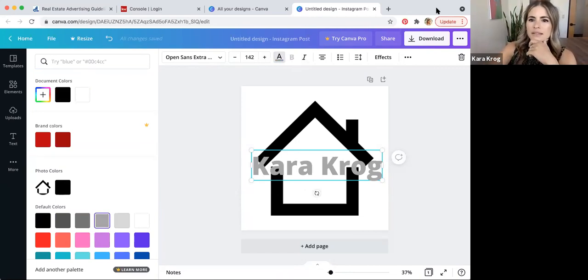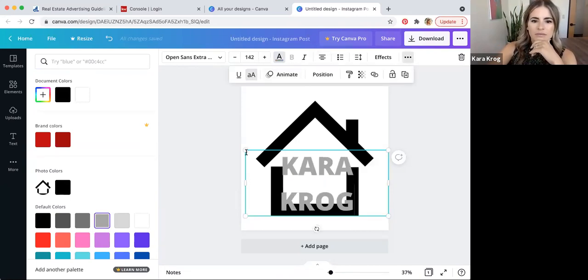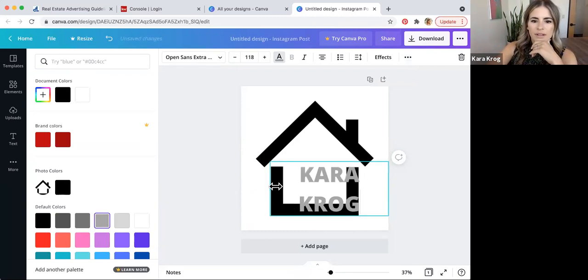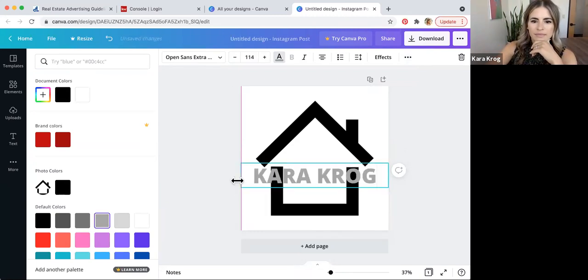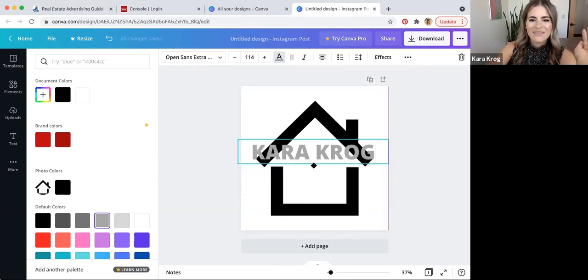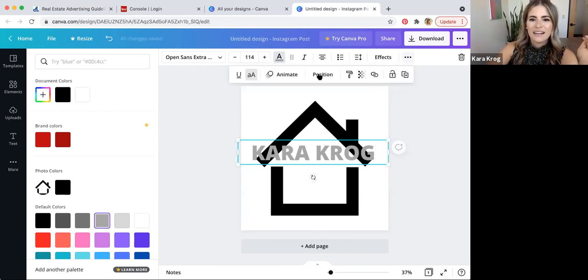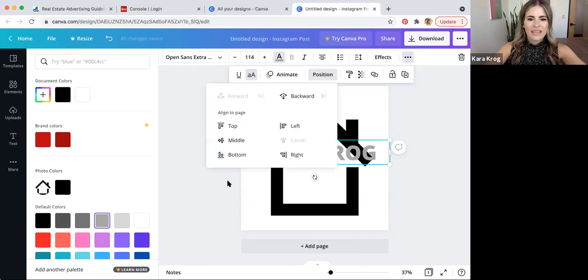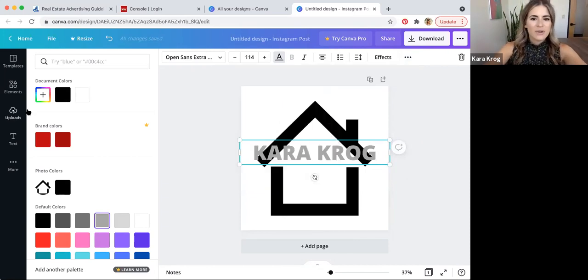And let's make this all caps actually. There we go. All right, this is not going to be the best logo ever, but you guys are going to get the idea here. And I'm going to have my name here. I can make sure that it's centered. And then let's add another one down here.